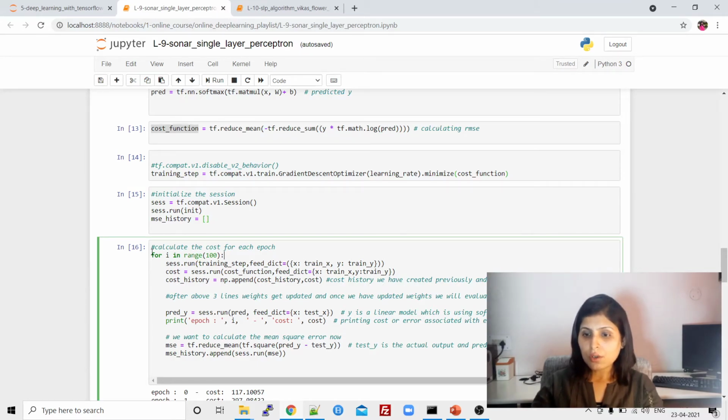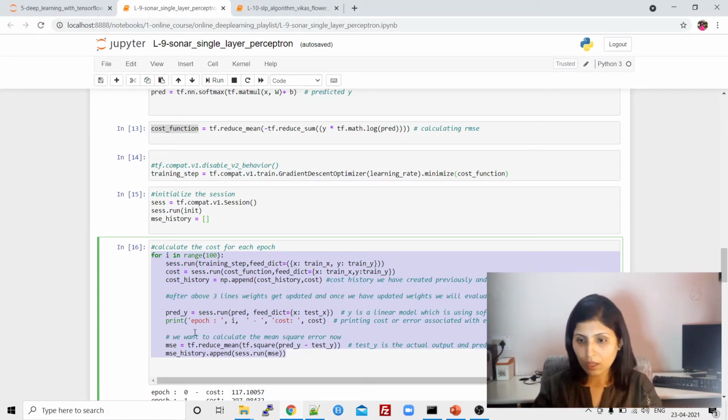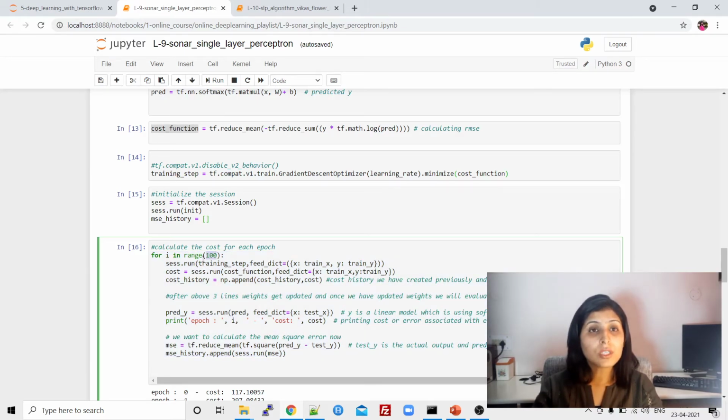So this is the code which will finally show you the result. For i in range 100. Why am I using this for loop over here? Because I want to iterate the process. I want to retrain my algorithm again and again for 100 times. So that's why I've written this.